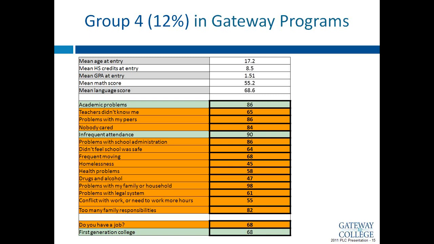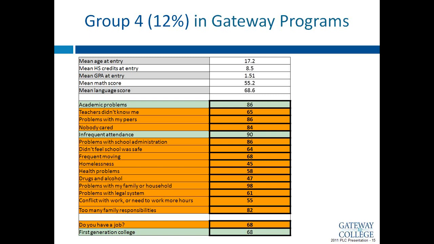But these also could be students, we certainly all know students who really truly had multiple issues and barriers happening across the board. Their family may be homeless, there may be drug and alcohol issues at home, they may be responsible for taking care of siblings, and constantly having things thrown at them that got in the way of being successful in school. And of course that multiplied into having problems at school. This is actually the group that reports having a job most, 68%. They also are not managing their job that well, because 55% of them report that there's conflict between school and work. So these are students who are really struggling.